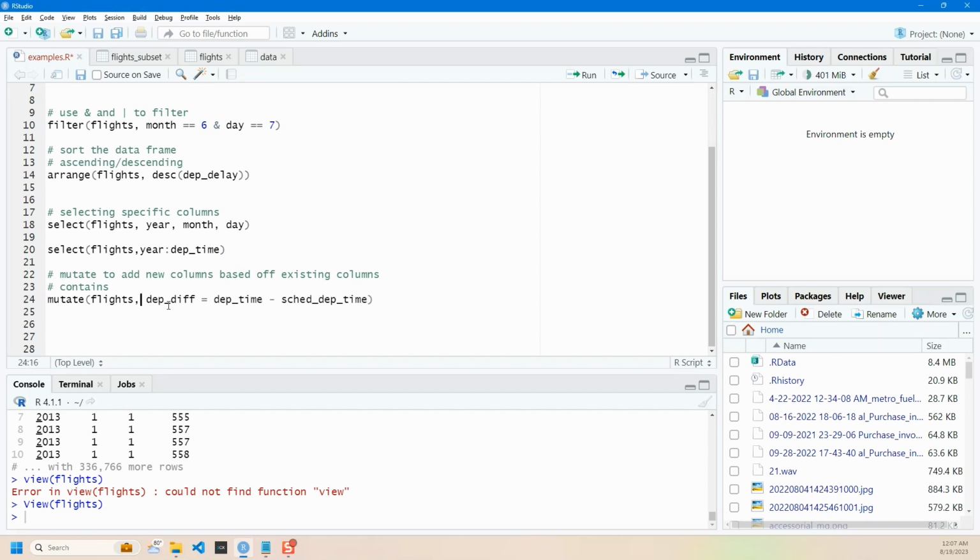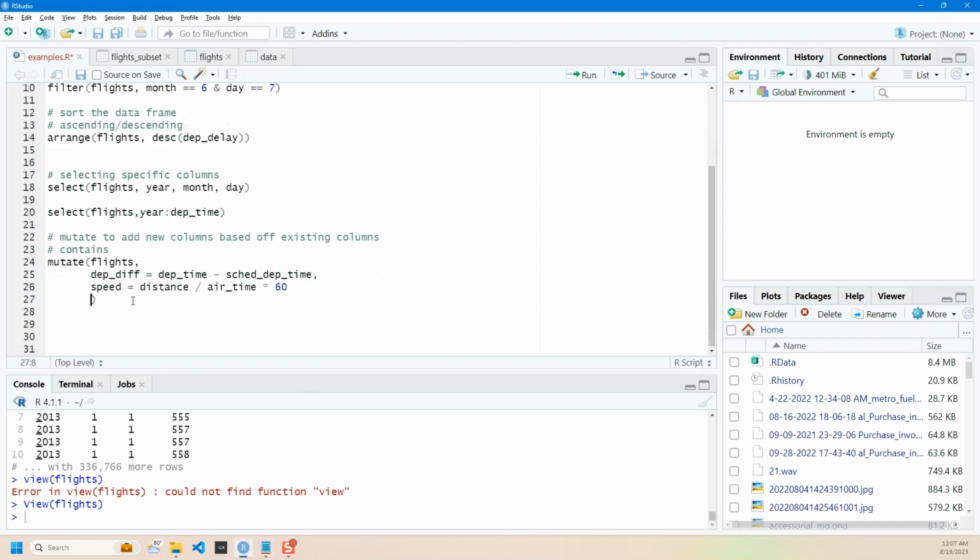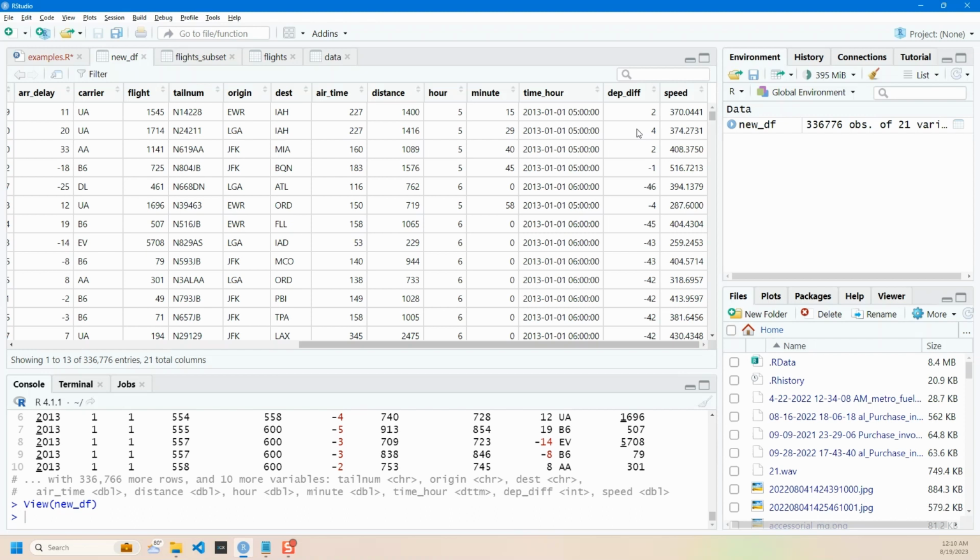Let me format this a bit so it's easier to read. So this is our first column. Simply, the new column name is here, followed by an equal sign and then the calculation we need. Put in a comma. For the next line, we will add a new column called speed, which is equal to distance divided by air time multiplied by 60. So let's run this. And we can see that the 2 new columns have been added, which are departure difference